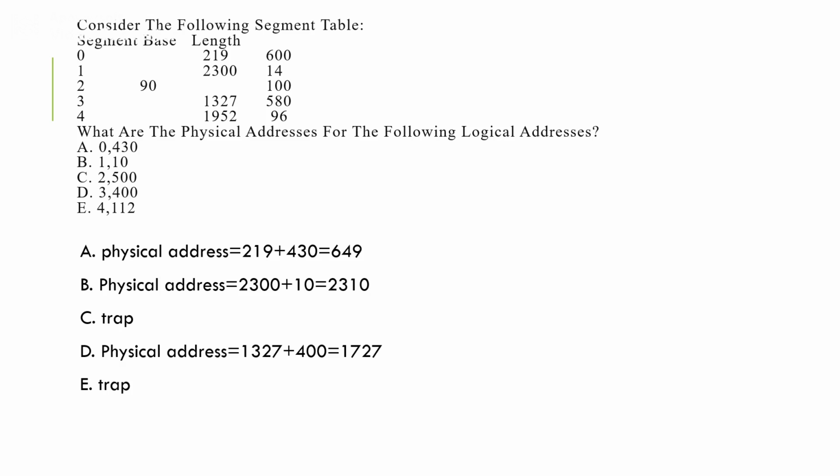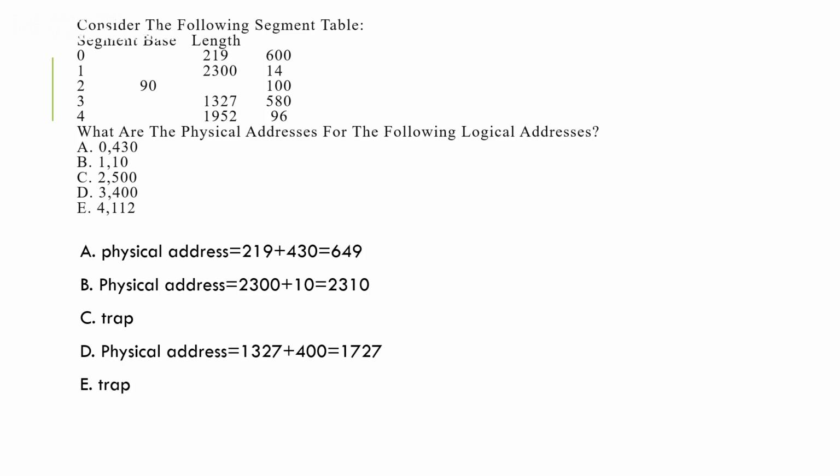Let's say these are the logical addresses, where the first represents the page number. So in the first question, we have page number 0, with offset 430. That is the format of a logical address. So for page 0, how do you calculate the physical address? This number is used as a reference into the table, and if the offset is less than the length, then you calculate the physical address by adding the base, that is 219, plus the offset 430, and we get 649. So this is the physical address.